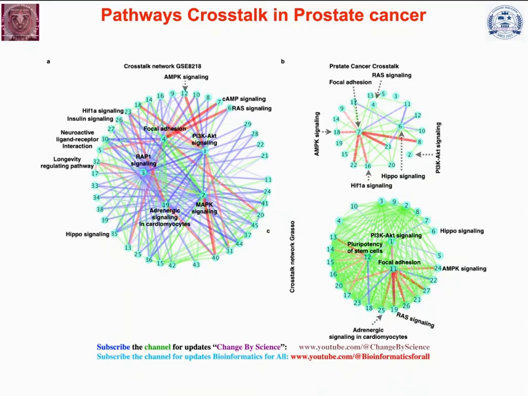But there are 5 pathways which are in the center. When you are looking at the second figure, here also there are 5 pathways which are common with the first data set. But when you are going to the third network for the third data set,